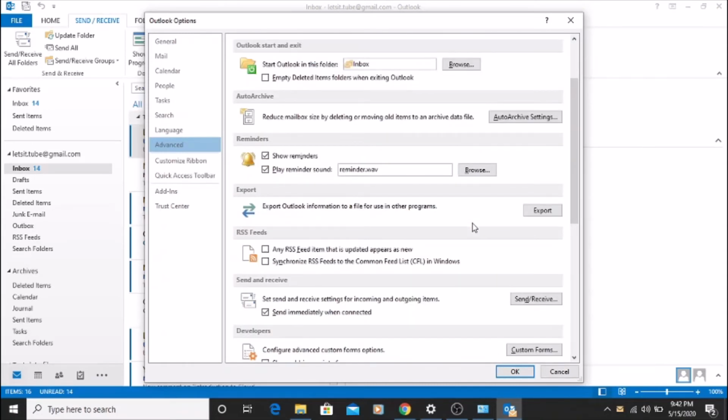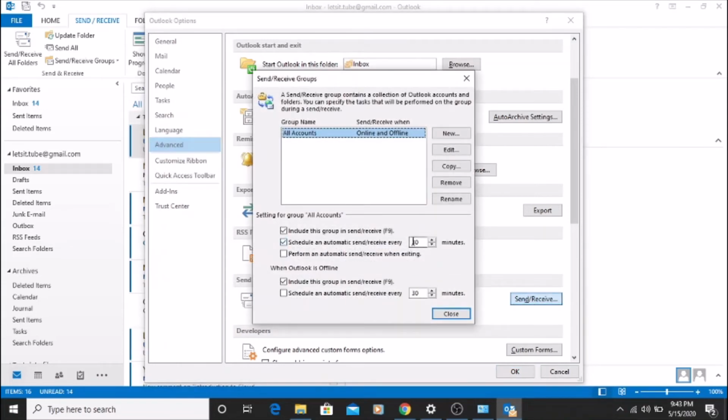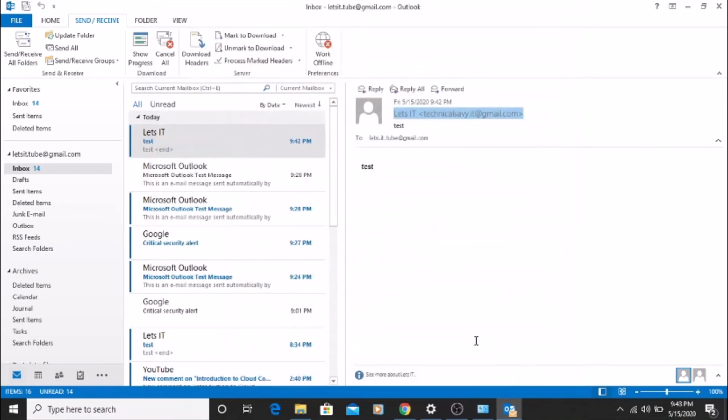We did it from the folder directly, but you can do the same from here. You can click on Send and Receive here, and you can see the time. You can reduce it to 5 minutes or something, so that every 5 minutes it will check for mail from the mail server. Click OK. That is one way to change the frequency of downloading mails.